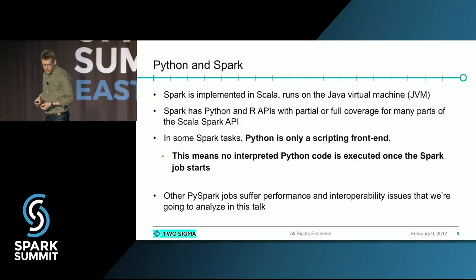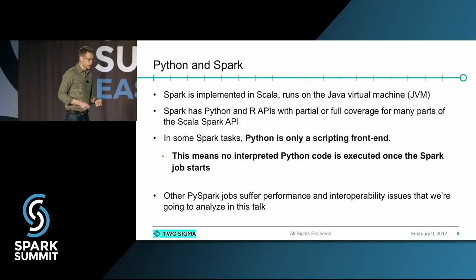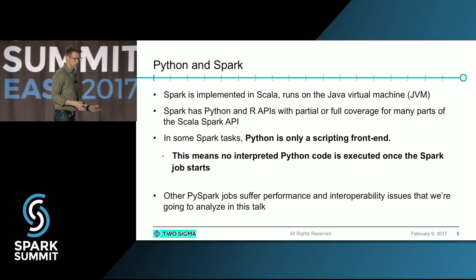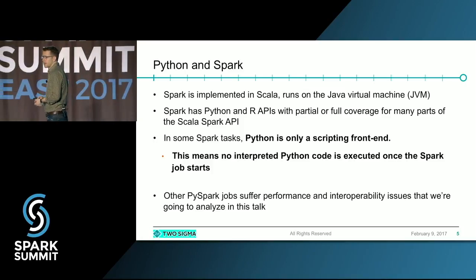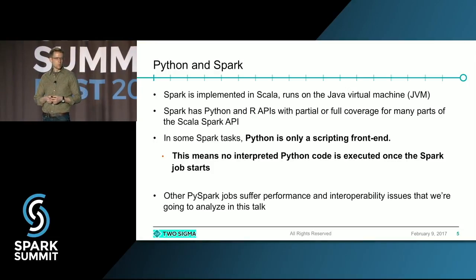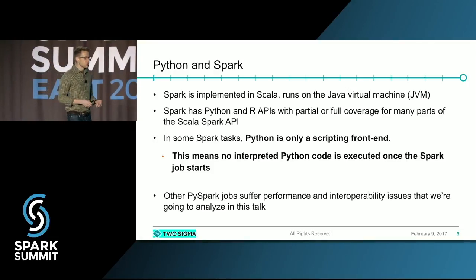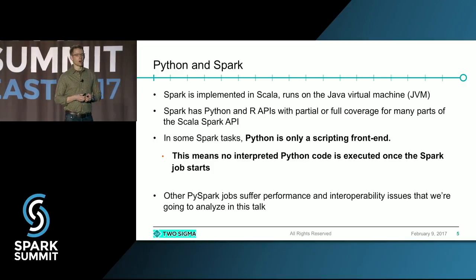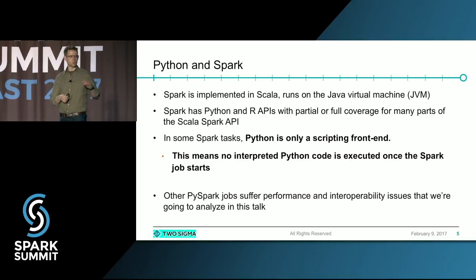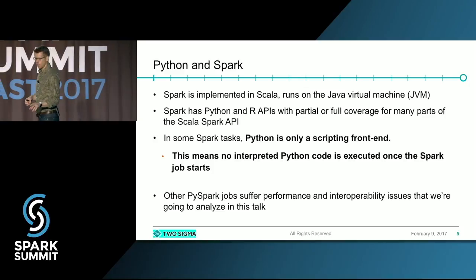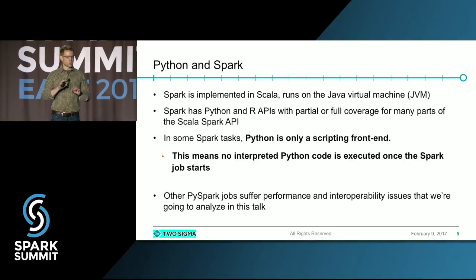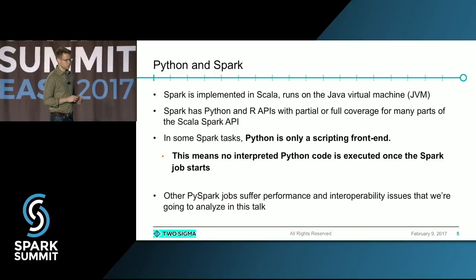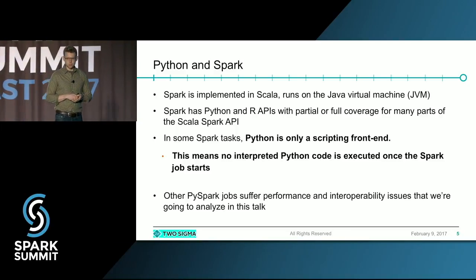So as you all know, Spark is largely implemented in Scala. The core of the engine is implemented in Scala and runs on the JVM. There are Python and R APIs, but what they are primarily doing is manipulating data structures and objects that are living in the JVM. So when you write a PySpark instruction or a SparkR instruction, it's sending a message to the Spark driver to change an RDD in a certain way, or